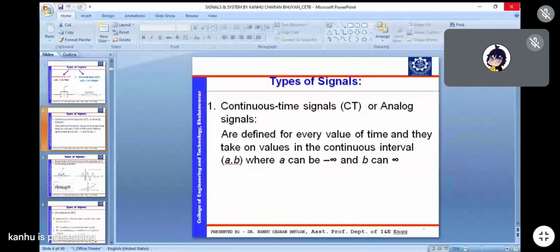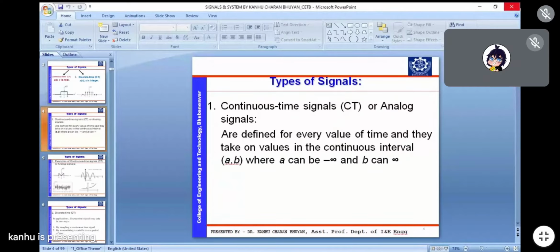Then it is represented as x(n) is equal to curly bracket start,